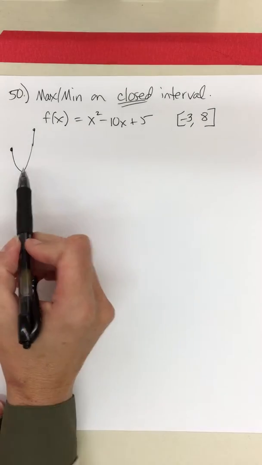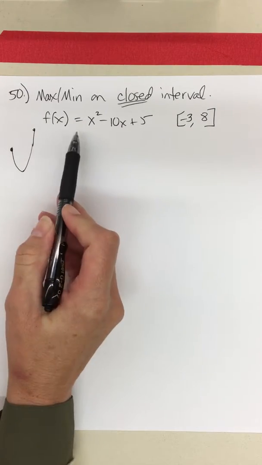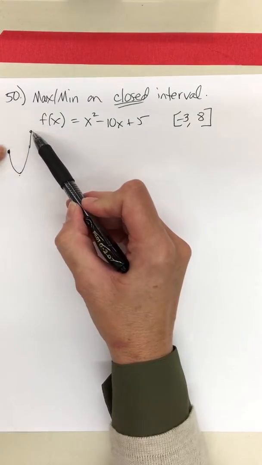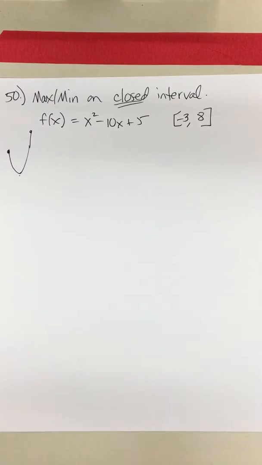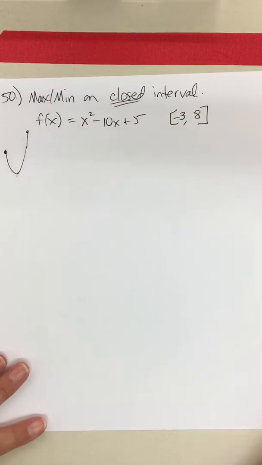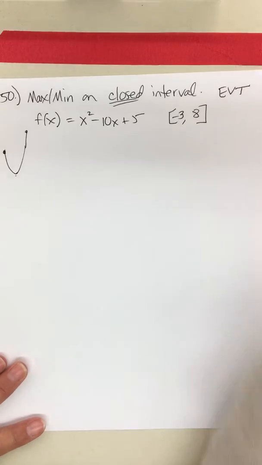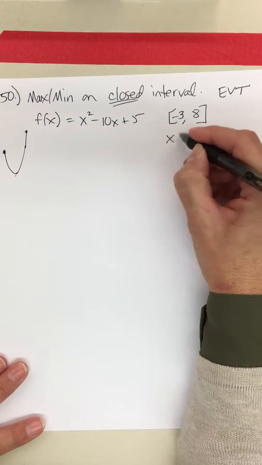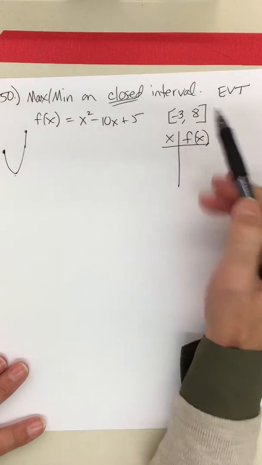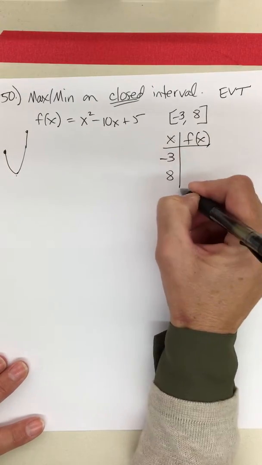The extreme min is definitely going to be the vertex, which I'll find when I do the derivative and set it equal to 0. The extreme max is just going to be whichever one's higher out of these two endpoints. So even if you didn't think about that, hopefully you've been trained well enough to know: max, min, closed interval. This is the extreme value theorem, EVT. Immediately you should write x, the title of this, f of x, plug in your endpoints,